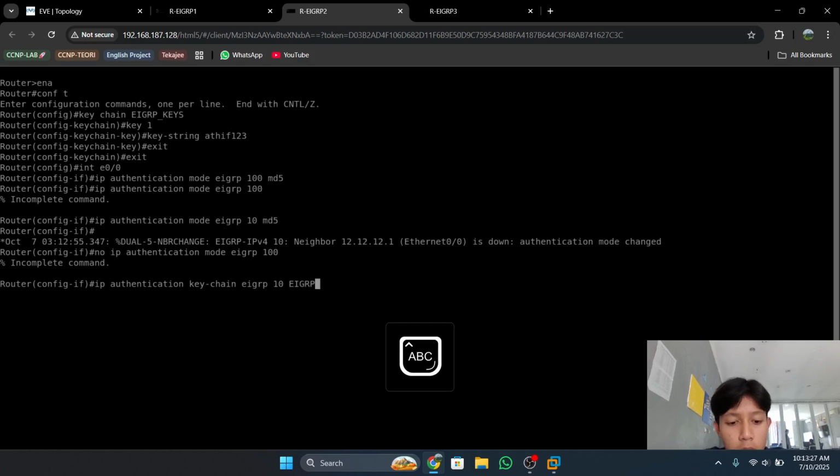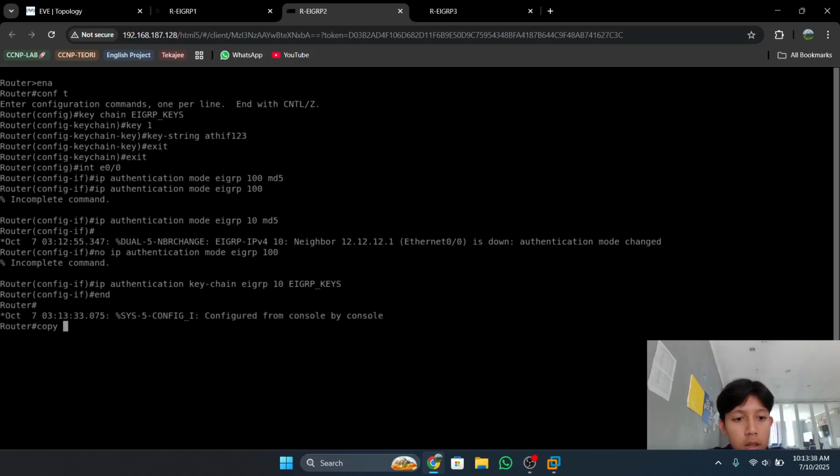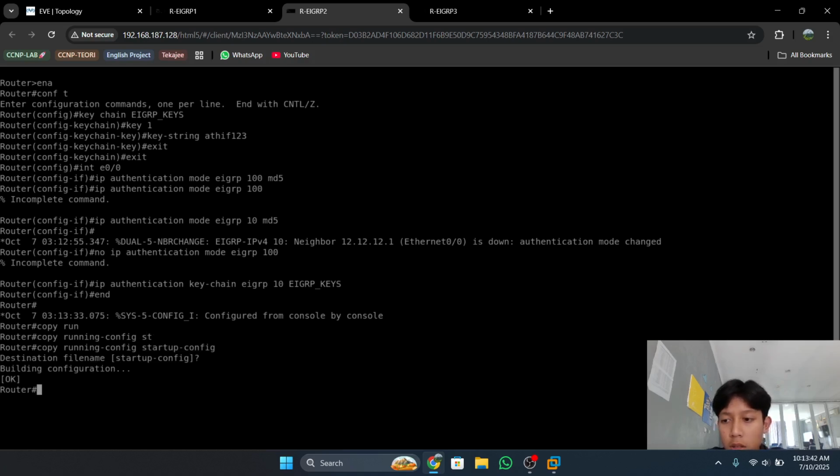Then finish and save with copy running-config startup-config, or write memory.